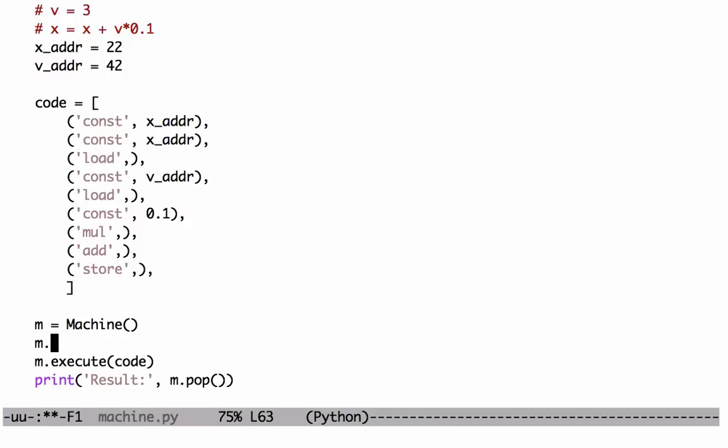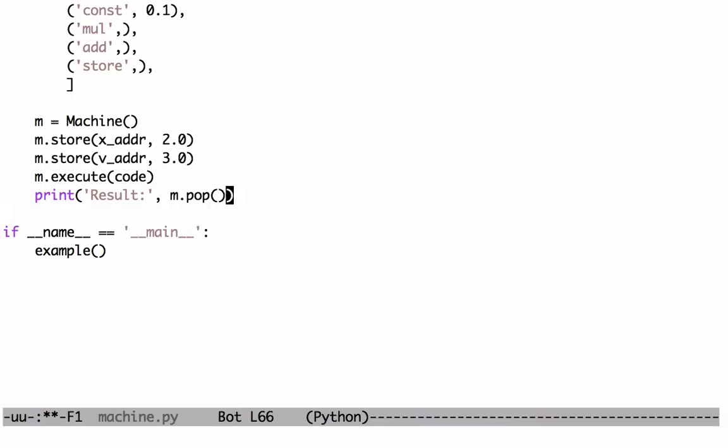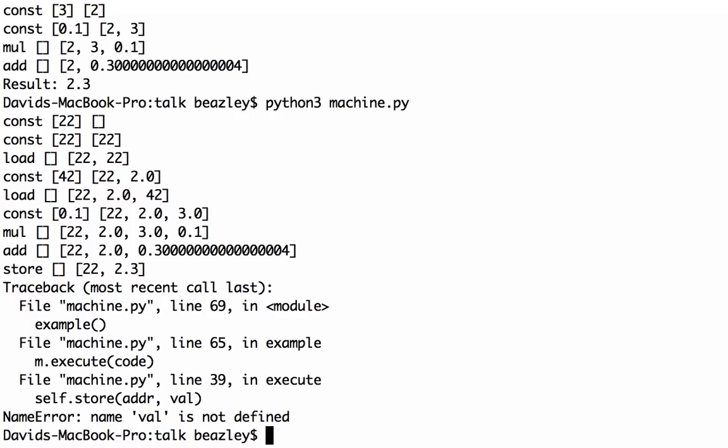And then the way that the machine would work is you'd have to set up some variables. So I basically say, well, at x address I'm going to store 2, and at the v address I would store 3, and then I would execute my code. And then at the end, instead of popping something out, I would just load it out of that. Okay, so building up the machine, giving it memory here, memory addresses, load and store, and I'll keep my fingers crossed that this thing still runs here. Self-stored value,